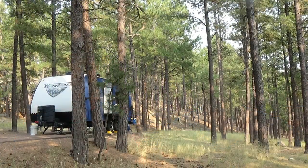If you're not going to be boondocking, or dry camping, you don't want to stay at Center Lake Campground. And that's something we want to point out. This campground is more what we think of as a campground. We've got a tree-covered campsite, a picnic table, a fire ring, wilderness behind us, that kind of thing. Not all of the campsites here in Center Lake Campground have that. We have a whole video about that. But many of those other